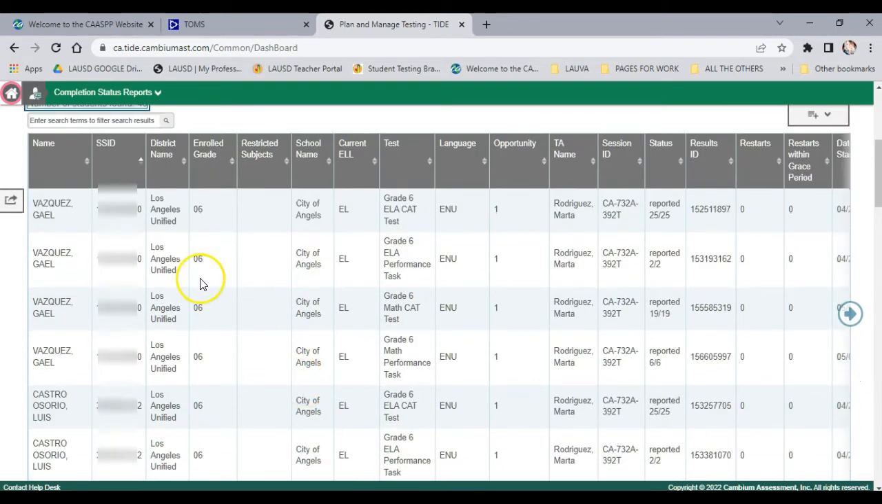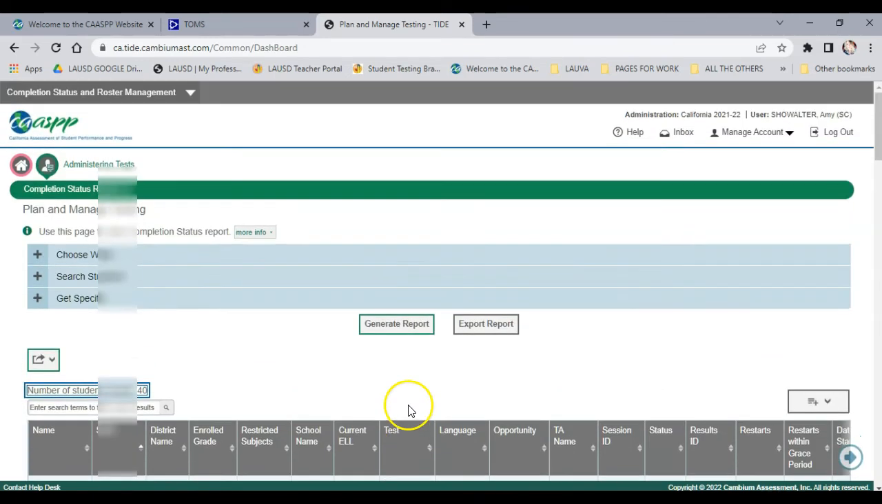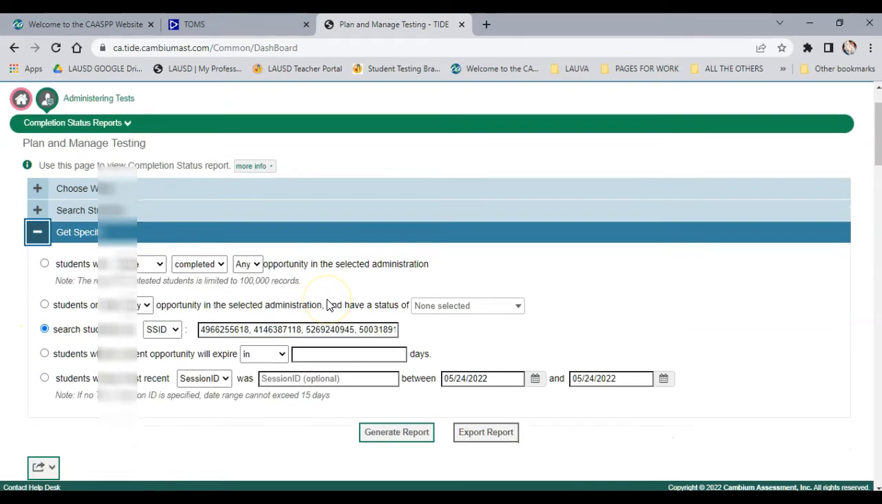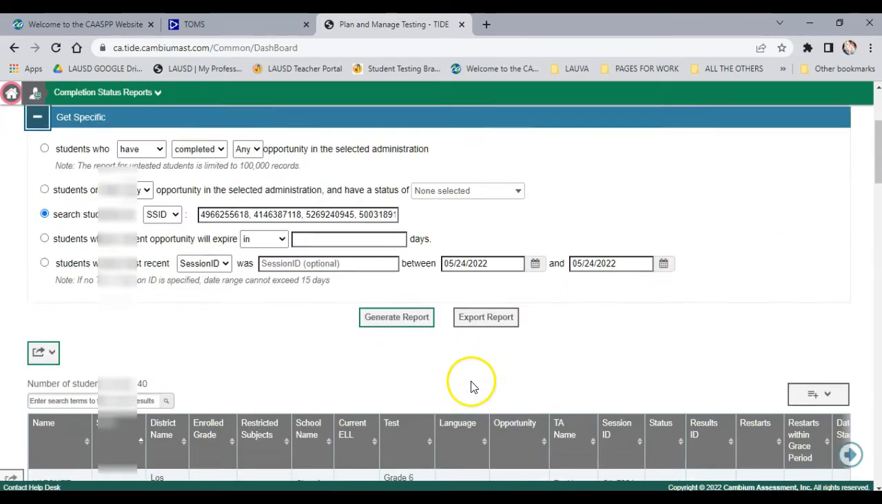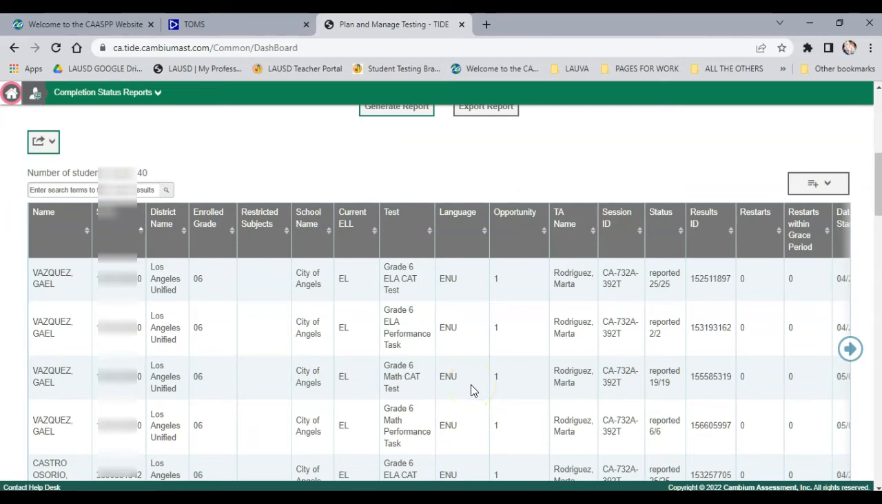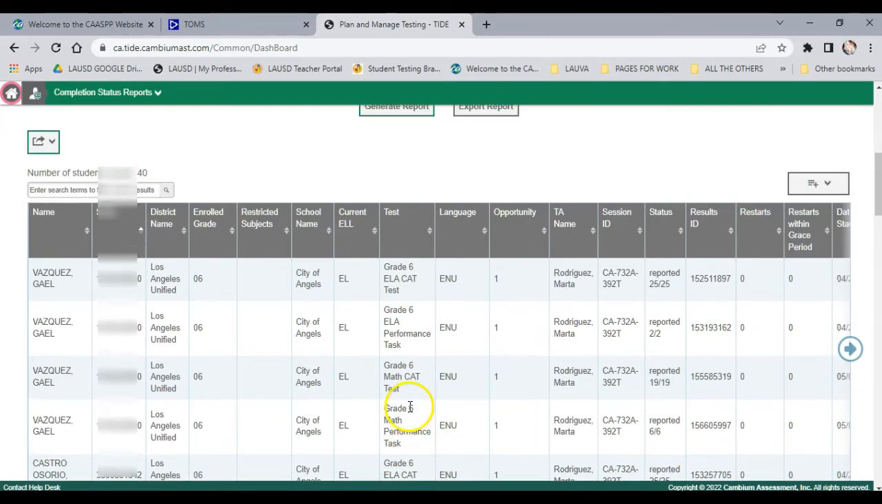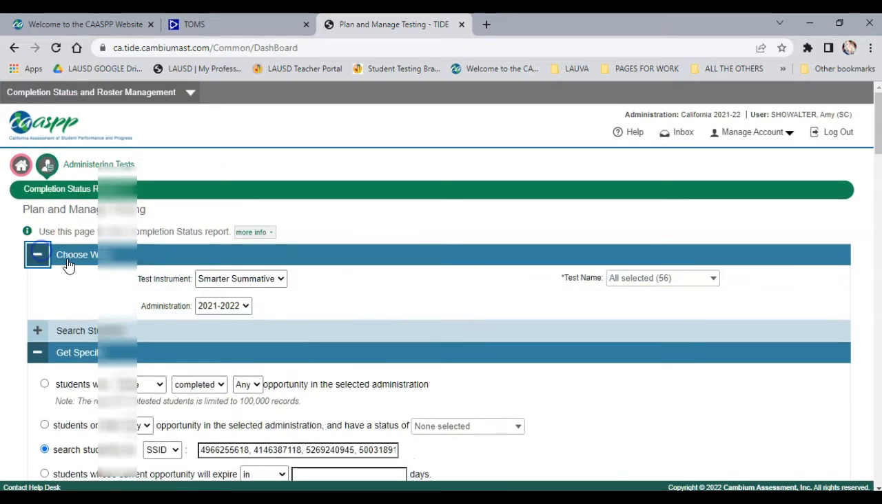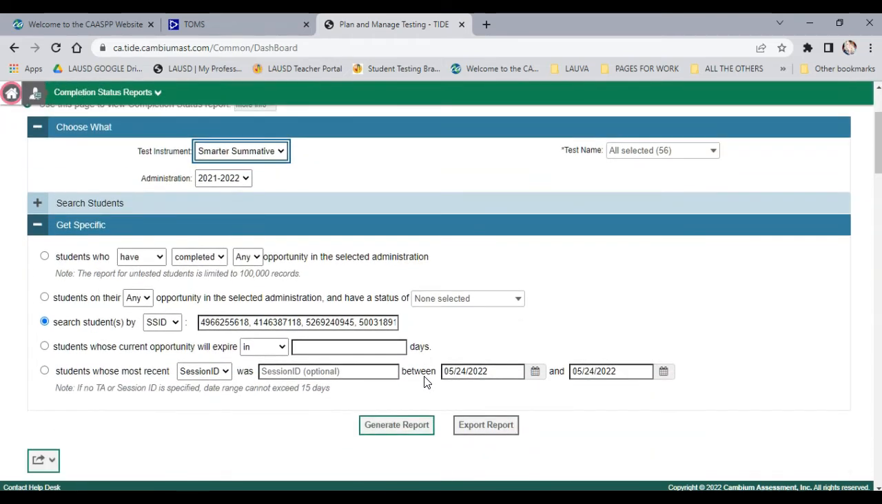All right, so let's check this out. You've got the TA, you've got all of the tests. Now remember, LPAC won't be in here because you're only searching for Smarter Summative. So that's the difference, okay? You can't just look up a student and everything they've done. You have to be specific with the test. So this is only going to show us the ELA and the math. If I want to see the science, I got to go up here and choose CAST. Now this is 6th grade, which means they won't be taking it, so I'm not going to use that as an example. But just know the difference is